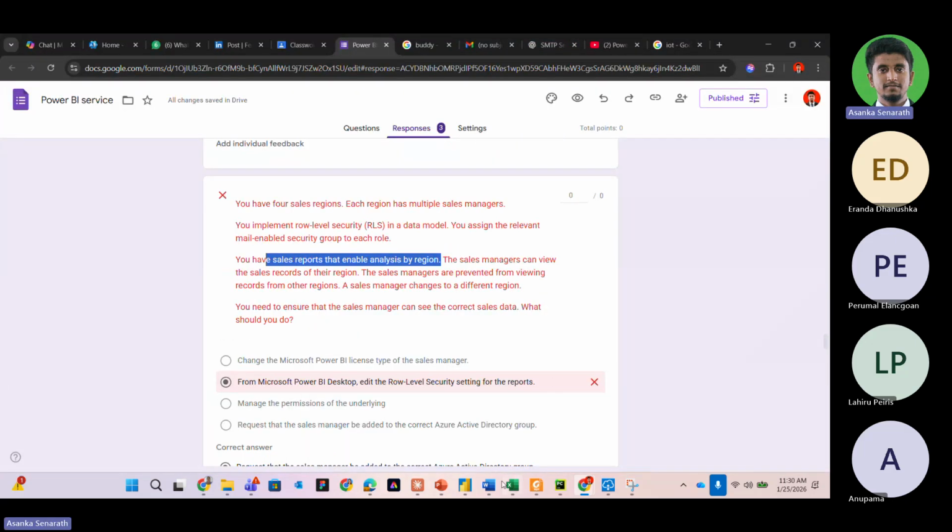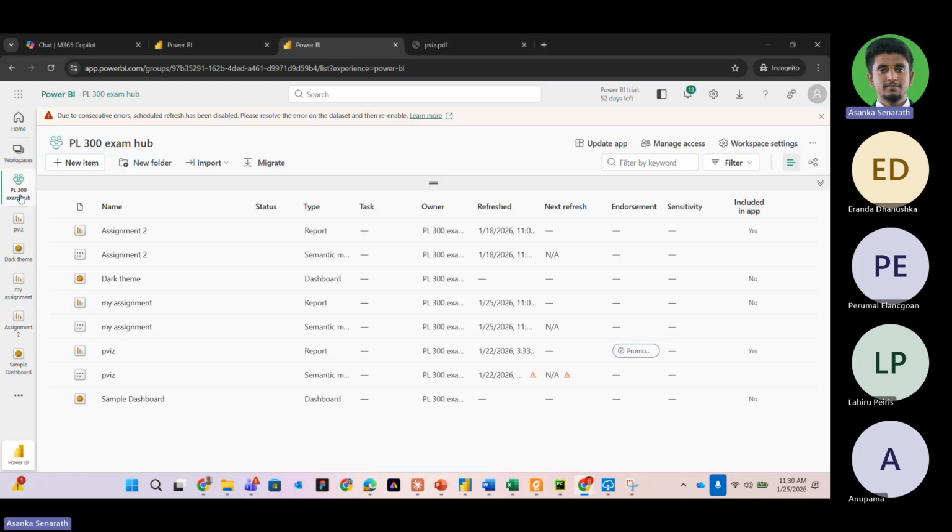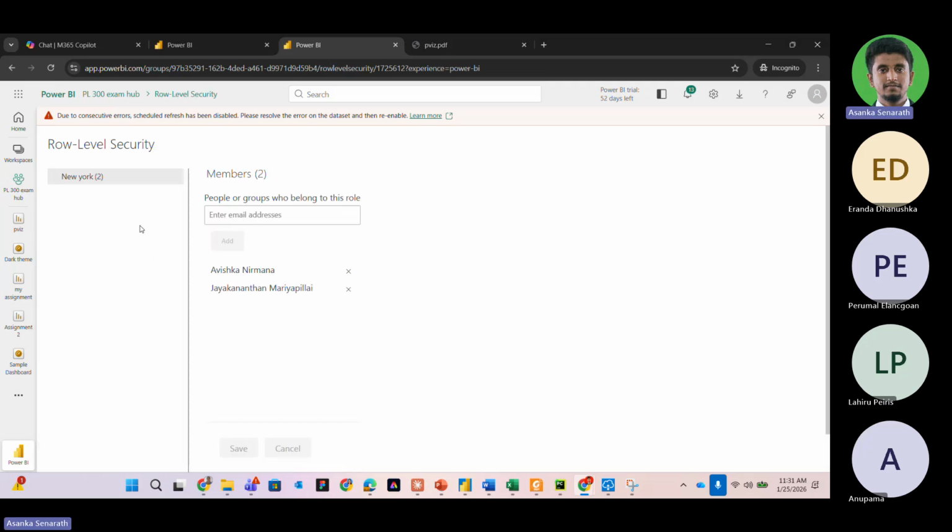If you want to set data security settings, you can actually do it like this, right? You can come here, you can go to security, and from here you can add those people one by one. Like this, you can add people, right? But here the solution is not like that. You have created one security group, one mail group, right?